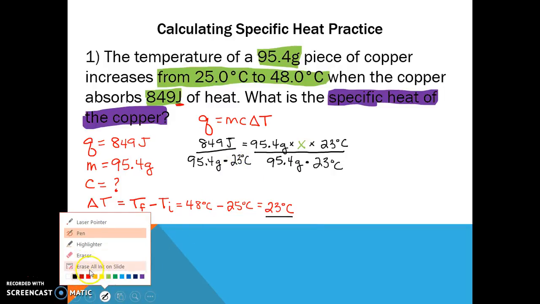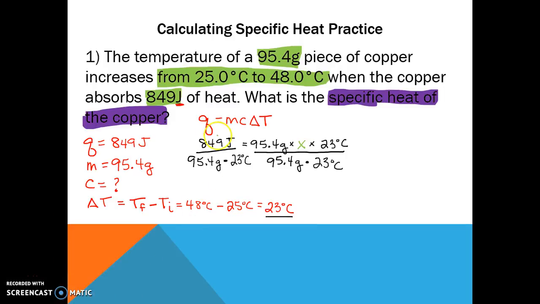And then I can see that here nothing cancels out, but here all of this cancels out. So I'm left with just X, which is important. So on the left, I'm just going to put that in my calculator. I've got 849 divided by 95.4. And then this is also on the bottom, so I want to hit divided by 23. So I end up with C, or X, equals